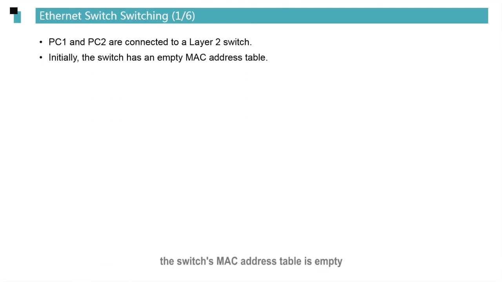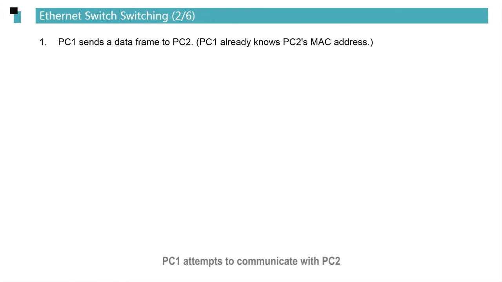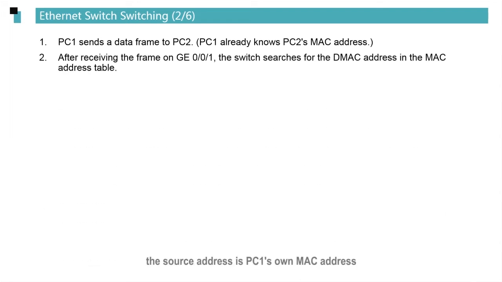PC1 and PC2 are connected to a Layer 2 switch. Initially, the switch's MAC address table is empty. Each row in the MAC address table is an entry. The entry consists of a MAC address, interface name, and VLAN ID. The VLAN ID is not provided here. PC1 attempts to communicate with PC2. PC1 has already used Address Resolution Protocol, ARP, to obtain PC2's MAC address. When PC1 sends data frames, the source address is PC1's own MAC address, and the destination address is PC2's MAC